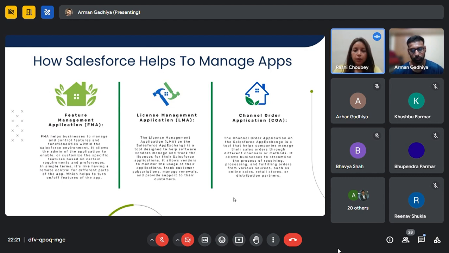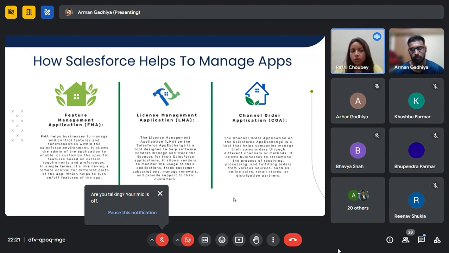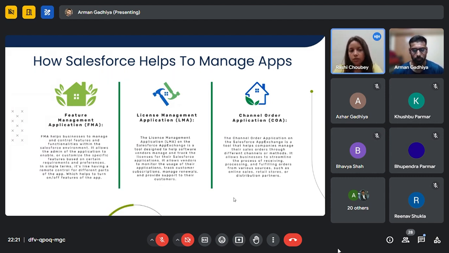If I give you an example of LMA, the license management system: if you are buying an account on Netflix with 4 users' licenses, you buy one account and 4 users will be assigned. The 4 users will log in, and they can use your account, right? If one person deletes their account, then one more license will be renewed. In that way LMA works, and people related to Salesforce can relate more to the license management system, because for using or purchasing anything, you get the license from the Salesforce side or from many application sides, and then you can use that particular application.